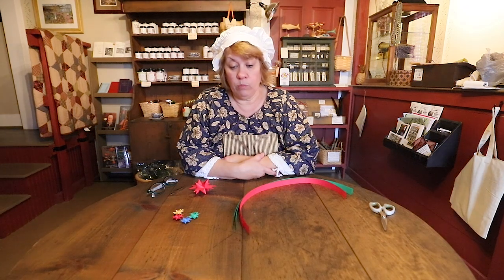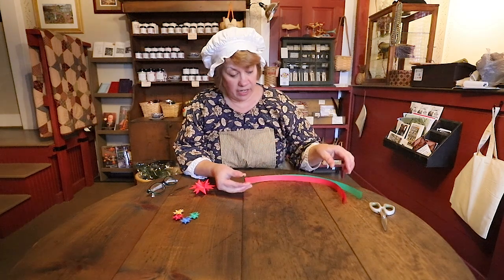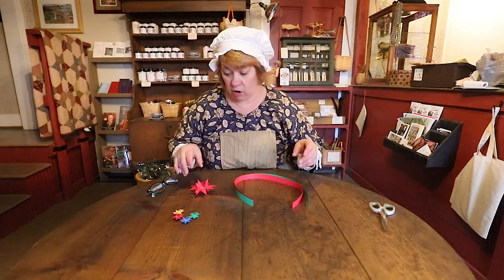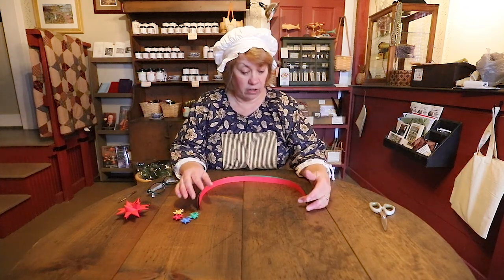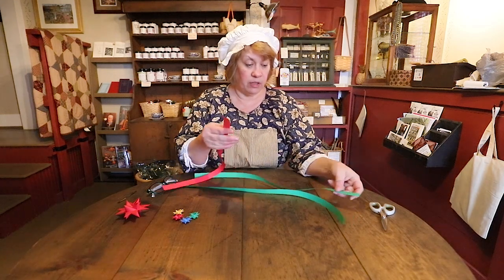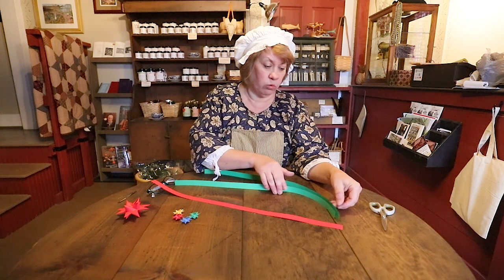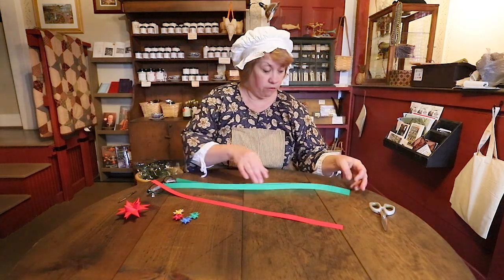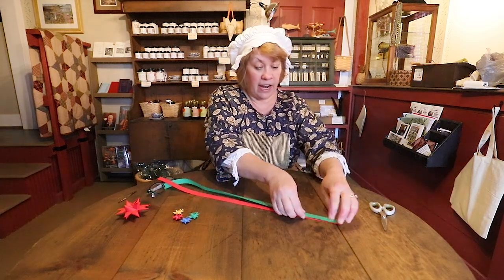So we're going to do two different colors today, so it will be easier to see on camera. The white paper is kind of difficult to see, so we're going to use two different colors. I have 4 strips of paper. These are approximately 22 inches long. And what we're going to do is take our 4 strips of paper and fold them in half